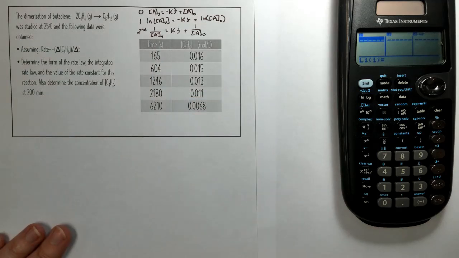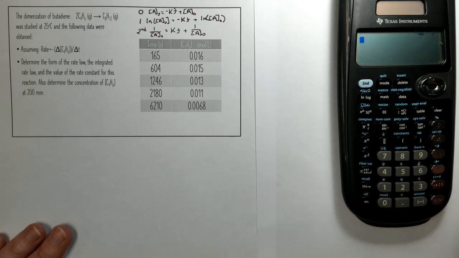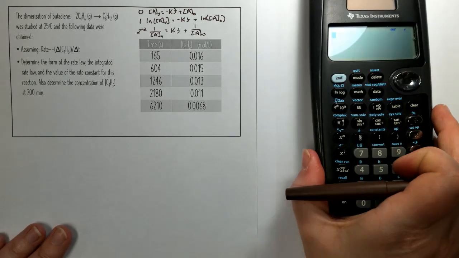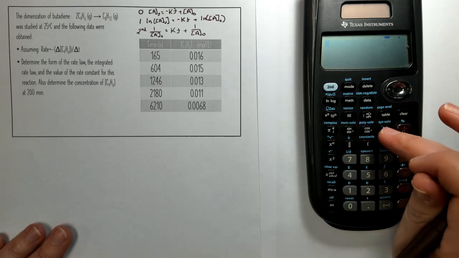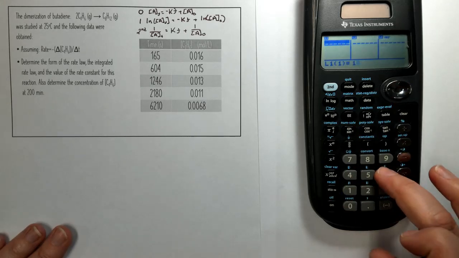So we're going to use something called the R squared value that comes out of our linear regression fits in our TI-36X Pro to determine, is this a first order, second order, or zero order rate law. All right, so the first thing that we're going to do is pull up our data table, and to do that we're going to hit data, and then we're going to plug in our numbers. We're going to type in 165,